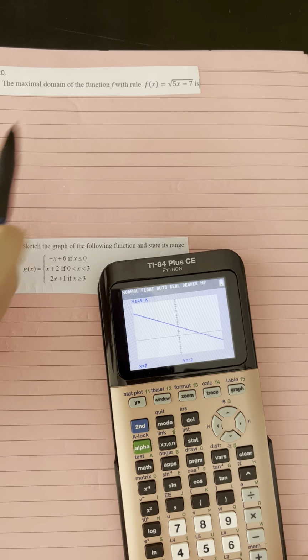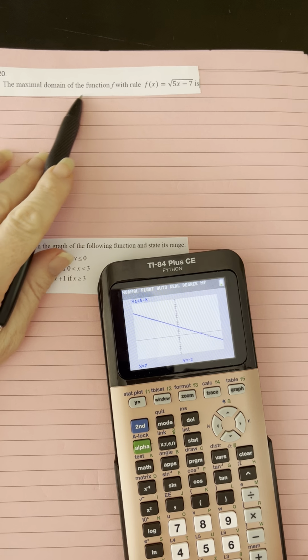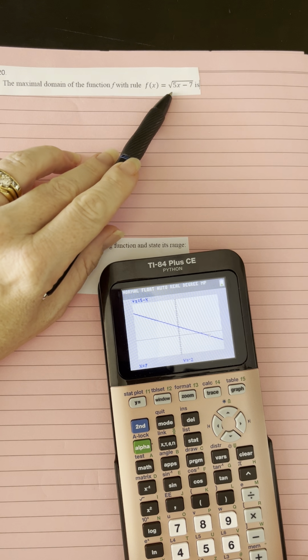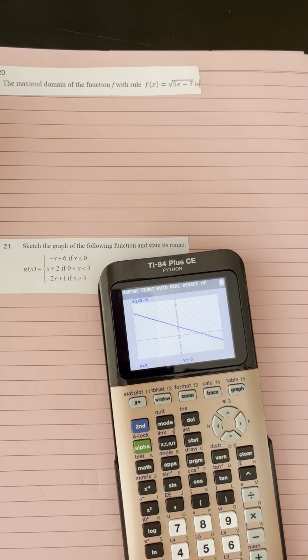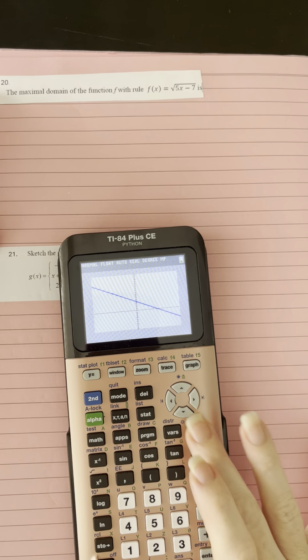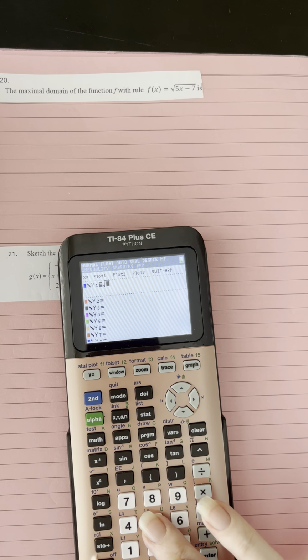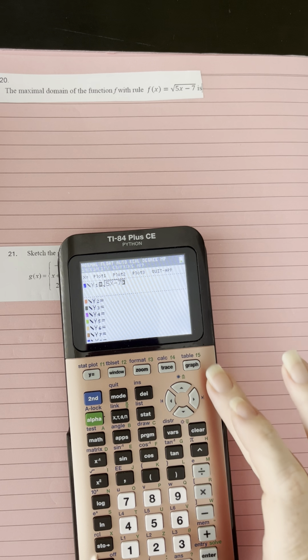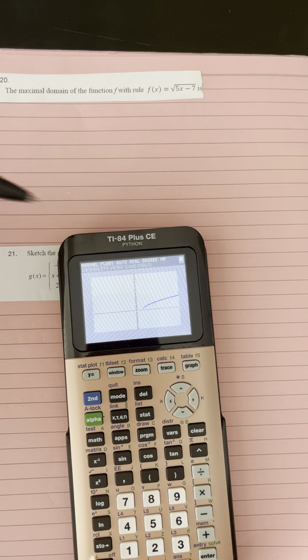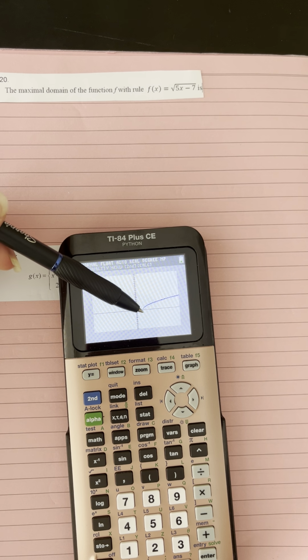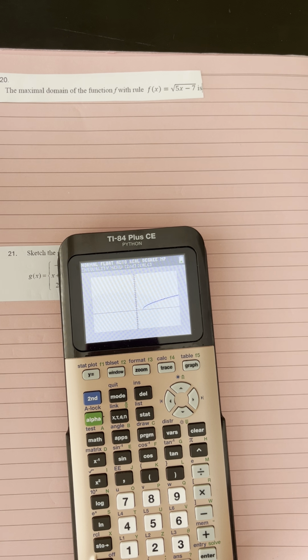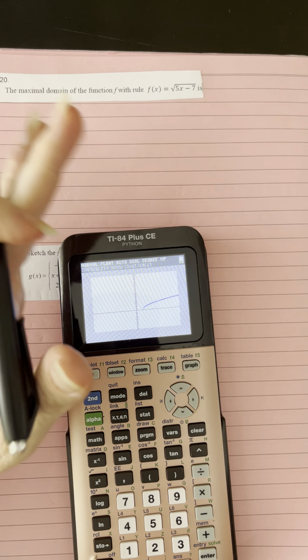For number 20, we've got the maximal domain of the function with the rule f of x is the square root of 5x minus 7. So popping that in our calculator, we can have a look at that one. Now we can see that we get stopped here with our values because we can't go any further,